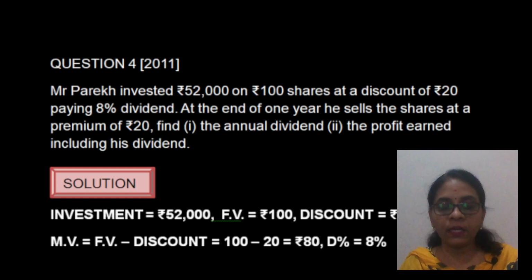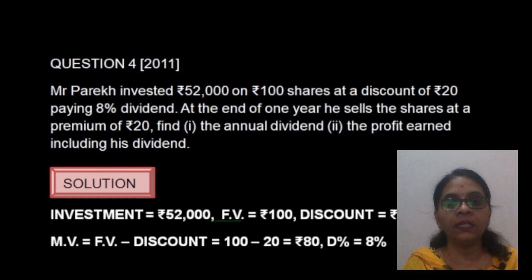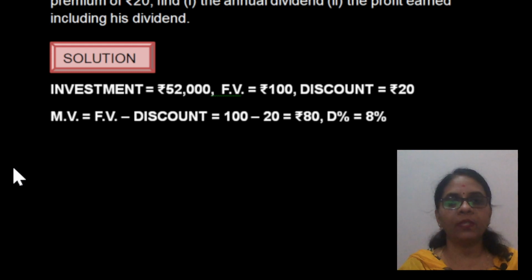At the end of the year, just like Vivek in the previous question, he also sells the shares at a premium of 20. That means when the price of the share increased by 20 rupees when compared to its face value, he is selling off his shares. Find the annual dividend, the profit earned including his dividend. Okay. So let me scroll up a little bit. Yeah. So the first thing as usual is to find the